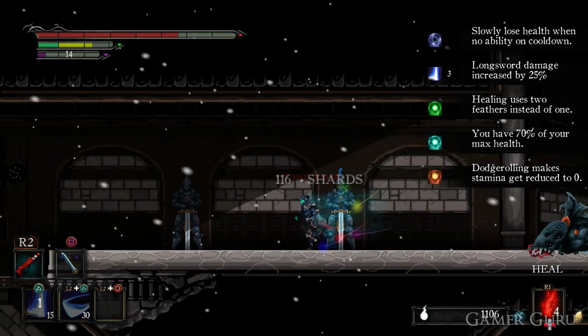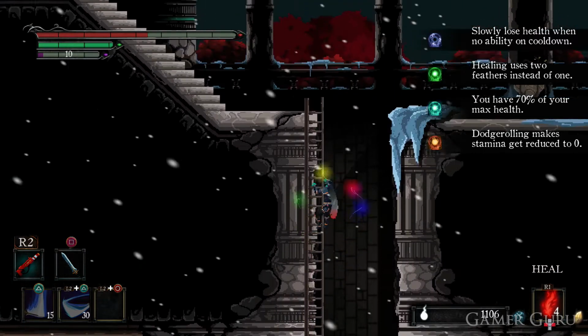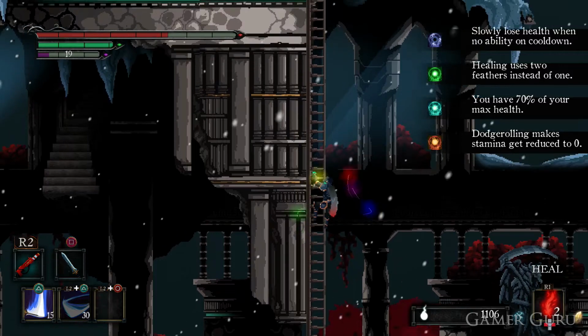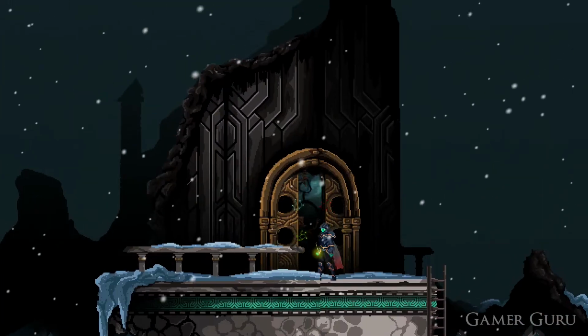It slowly loses HP when no abilities are on cooldown. So if you don't have any abilities on cooldown, you're always losing HP at a pretty fast rate. So be careful with that, make sure you heal before trying to climb up the ladder. Once we have all 4 of these debuffs active, it will allow us to open up this doorway here to